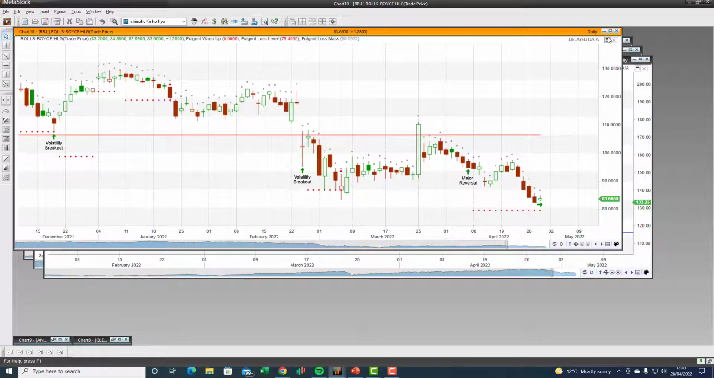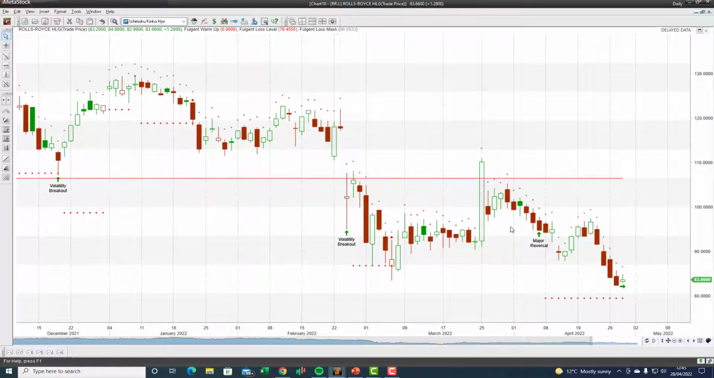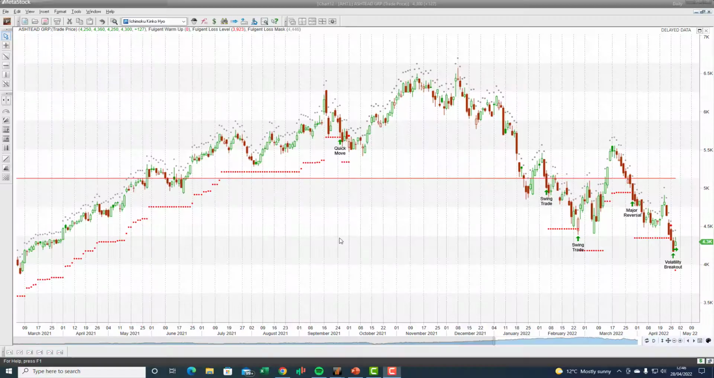Rolls-Royce Holdings, we had a couple of trades there. This major market reversal signal there. It's very close to the trailing stop loss, so it might be interesting to see if we can take a swing trade from this zone back up to the old highs here on Rolls-Royce. Volatility breakout there worked out well. February one got stopped out there, so we'll see how close this one is to a potential swing to the upside. Next up is Ashtead Group,